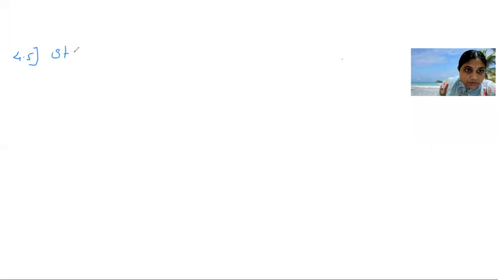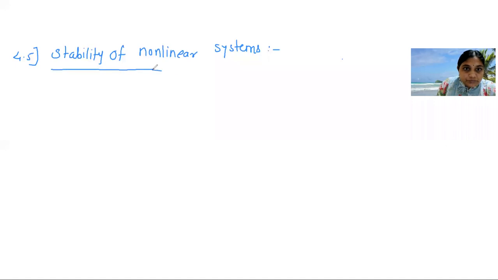So in today's lecture, we are going to see section 4.5, stability of nonlinear systems. Okay. So consider the difference equation